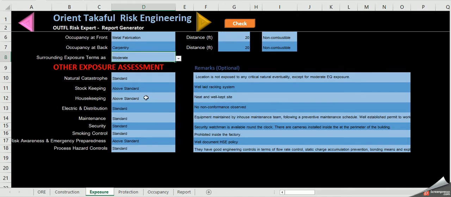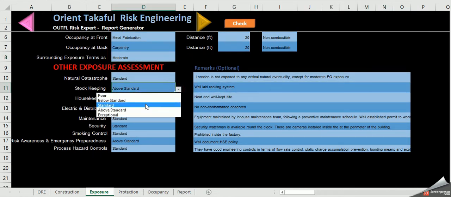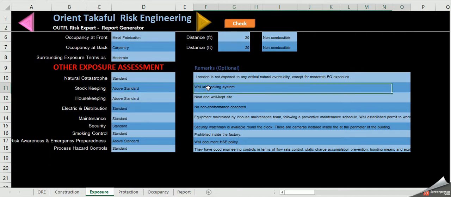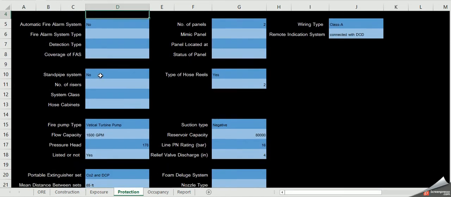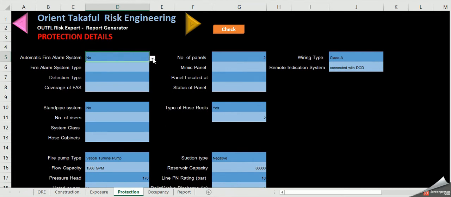Then this is other categories, whatever we drop down will be reflected in our report, and we'll write remarks. If this is optional, if you want to write, we can write. Moving to the next screen, here we have the protection details, and we can write whatever the available